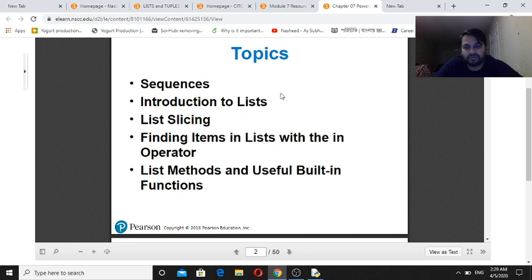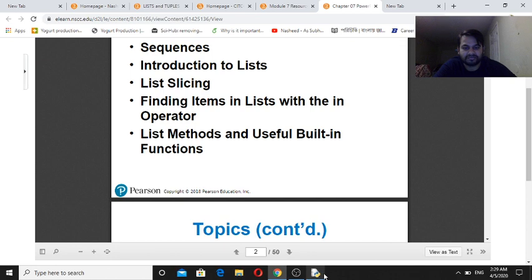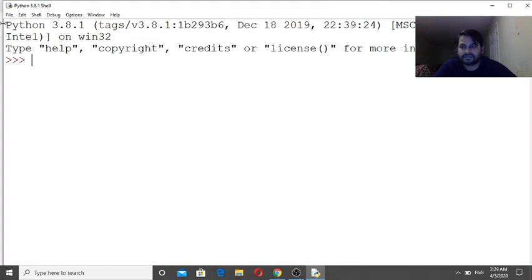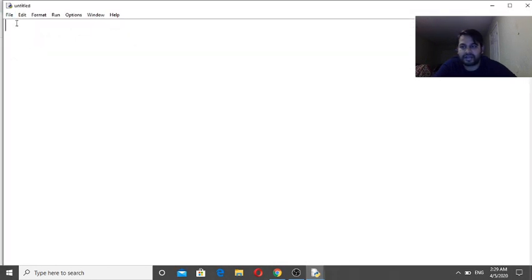So why list, and what is a list actually? A list is a data structure. If I open a new file and see, a list in Python is a data structure. So what does data structure mean? Data structure means that